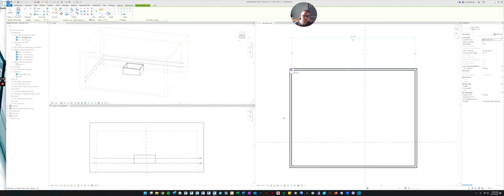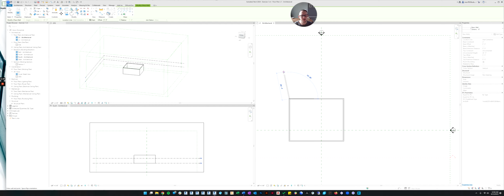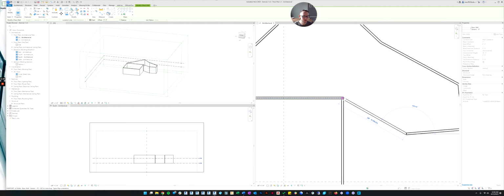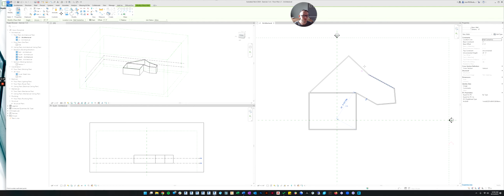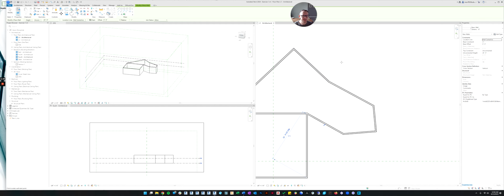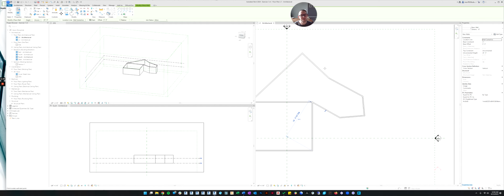So my next click is going to start drawing a wall. If I hover over this, it gives me the endpoint for that wall, and if I click, that means I'm starting that wall where the previous wall ended. Do you see how it automatically tries to chain the walls together? It'll keep trying to chain them until I get to another wall. If I click on this endpoint, it now stops trying to chain them together. But I still have the crosshair, which means I'm still in the wall command.